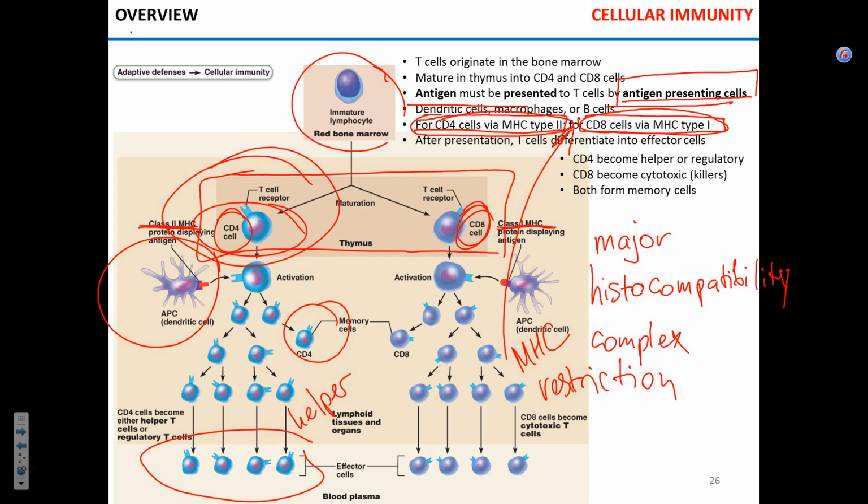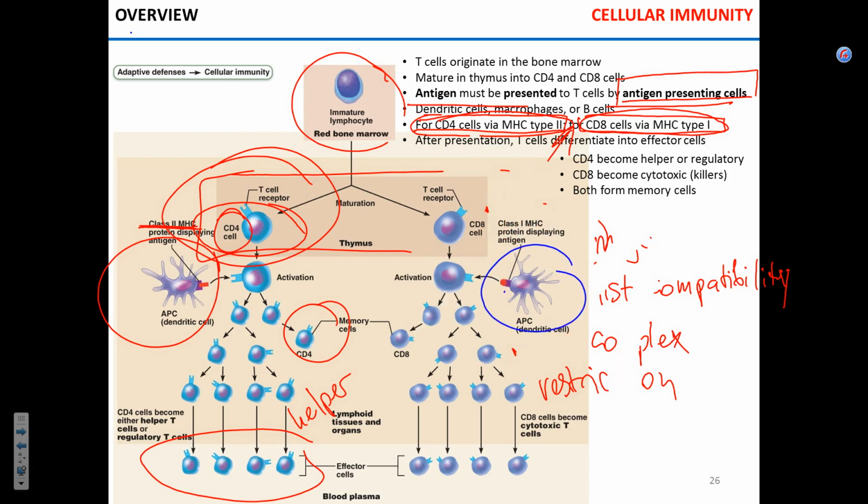Now, CD8 cells, when they recognize the antigen on MHC, when the dendritic cell shown here presents the antigen to the CD8 cell, it also forms memory cells and differentiates into effector so-called cytotoxic lymphocytes. Now, the name kind of implies cytotoxic. Kill other cells. Be toxic to other cells. So far,